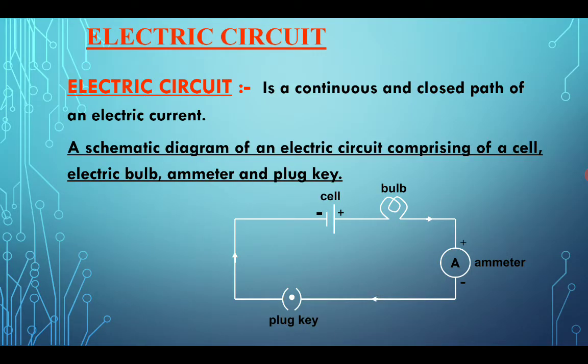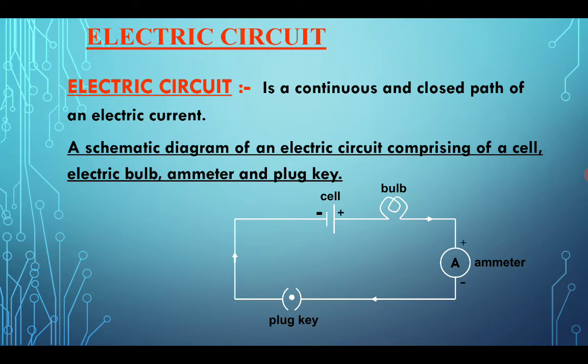After this, let us discuss the simplest circuit diagram. What is a circuit diagram, or what is an electric circuit? As you are aware, we have so many electric circuits around us in our houses, in our schools, and many other places. We have a switch that turns the appliance on or off. When we press it to off, the appliance stops working. When we press it to on, the appliance, either the fan or light, starts working. So we have a fan, a device which is a conductor, a switch that makes the circuit complete, and a power supply, that AC source.